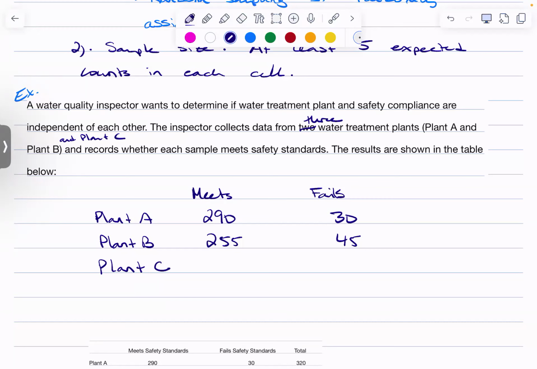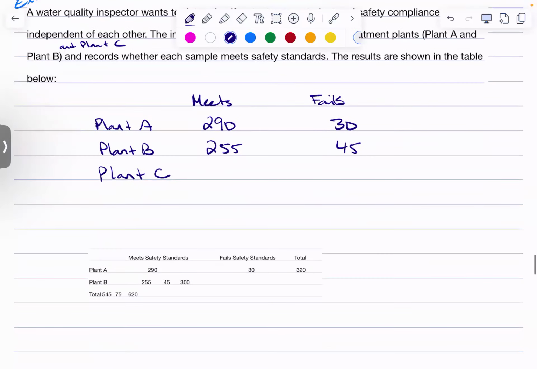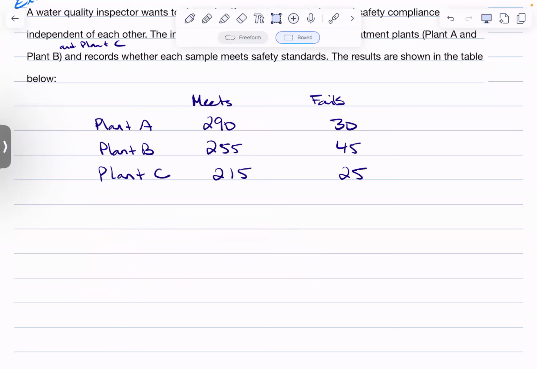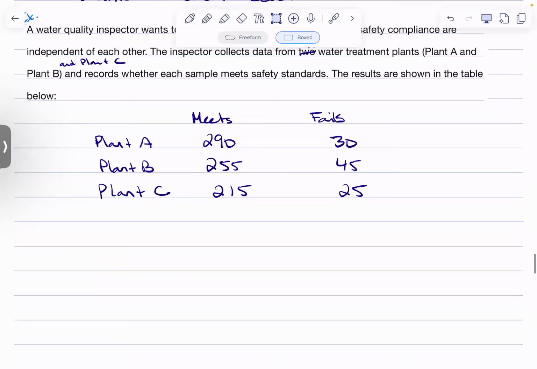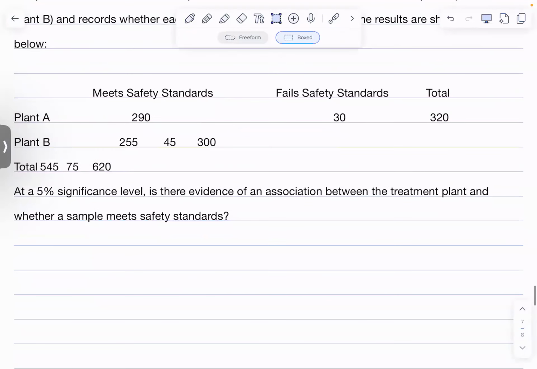And then I'll make up some numbers. Let's do 215 and 25. And I'll delete this. And then the question